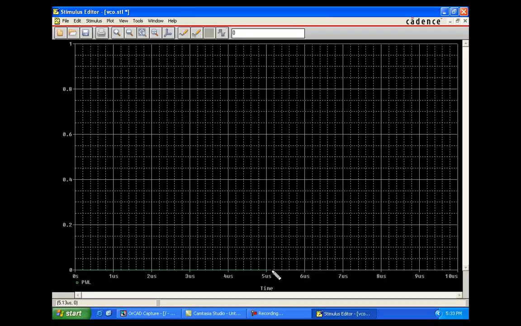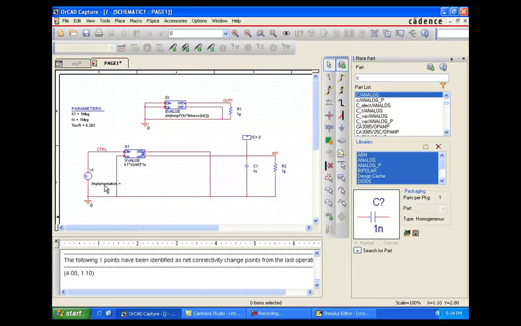Like a minimum resolution of 0.001 micro. So up to 5 microseconds, it should be 1 megahertz. So make it 1 megahertz and 2 megahertz for the next 5 microseconds. So make it like